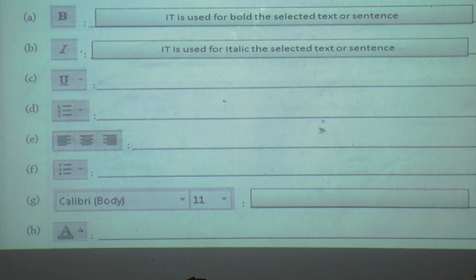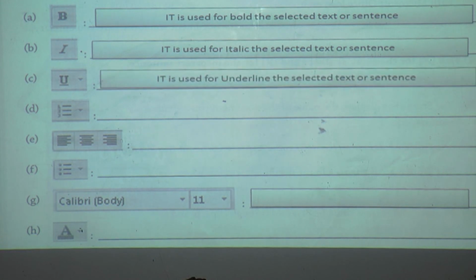Good. Now next one, third one. What is the use of this U? Underline. It is used for underline the selected text or sentence. If you want to underline the text or sentence, we must select it first and then click on the U.